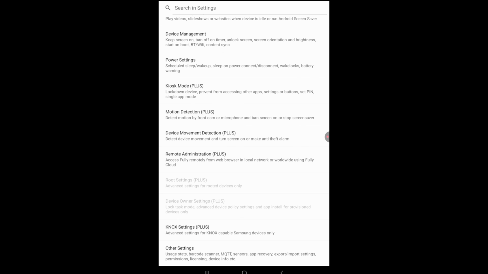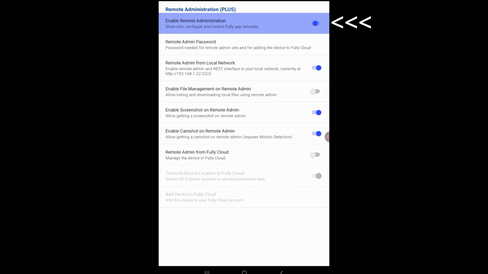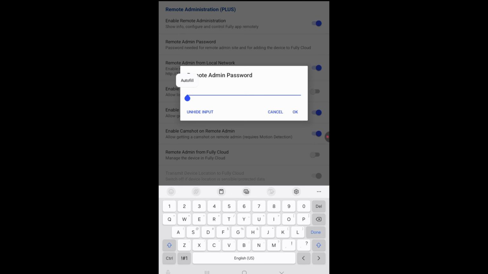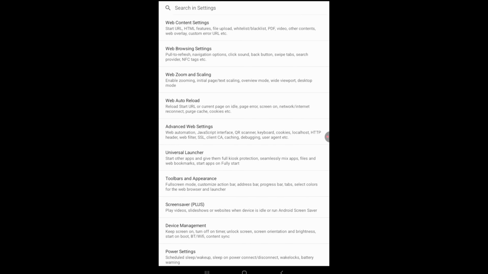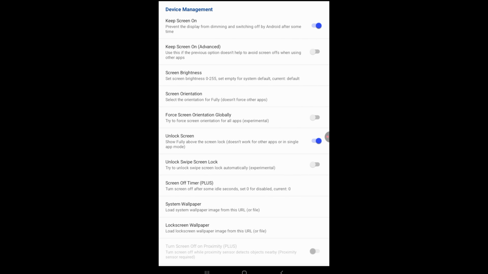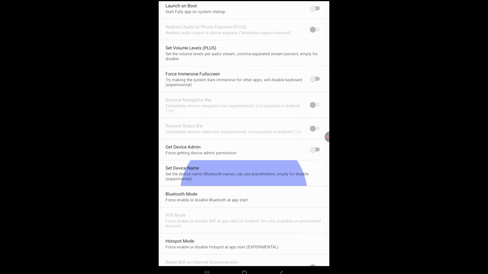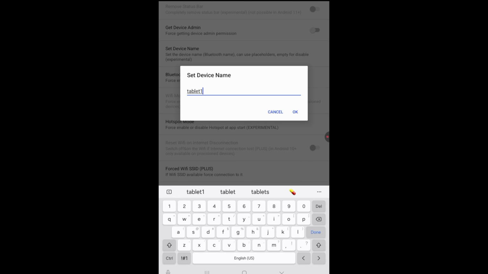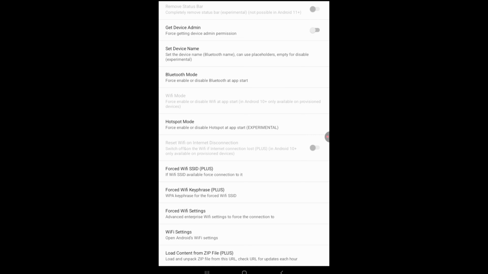Go all the way down to Remote Administration Plus. Enable it. Set up the remote admin password. If it wants more permission, click on OK and grant it all. While in the settings, go down to Device Management. Near the bottom, you'll see Set Device Name and give it a name. I'm going to name it Tablet 1 Fully Kiosk. If you have a bunch of tablets with the same model, naming it is a must to differentiate them from